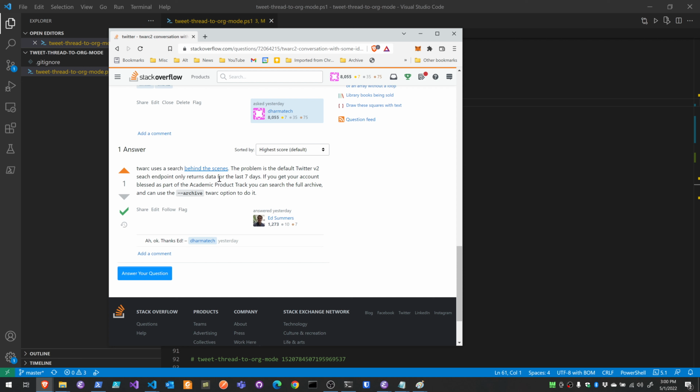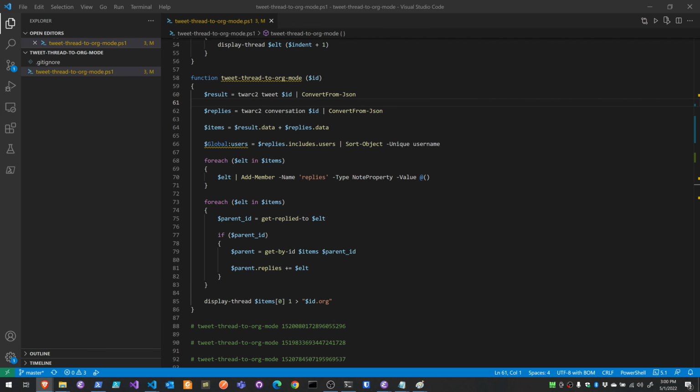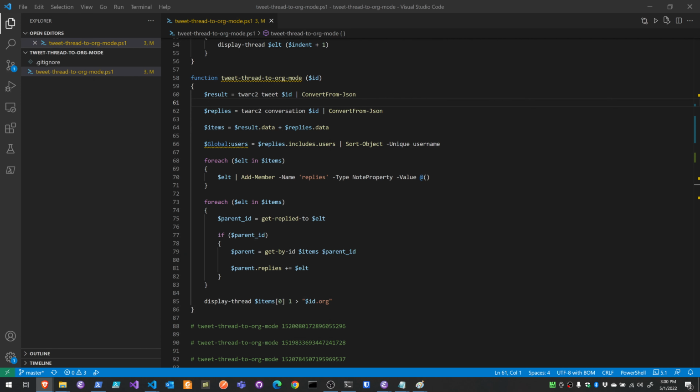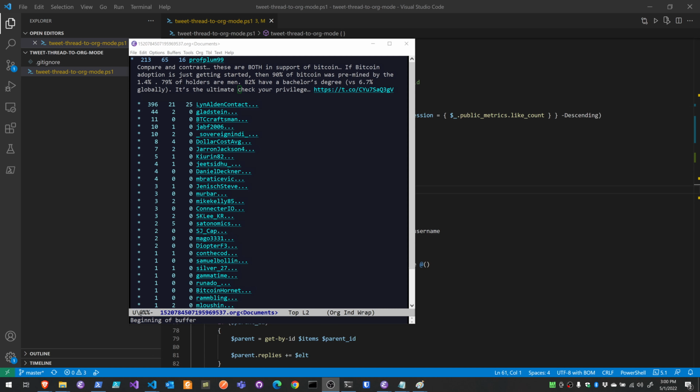Apparently you need a special API account to allow you to get that older data. I think he mentions here you can get an academic version of the account, and that'll allow you to do older searches. So for my purposes, this works fine. I'm just able to basically download a discussion, archive it, search, and navigate it the way that I mentioned,